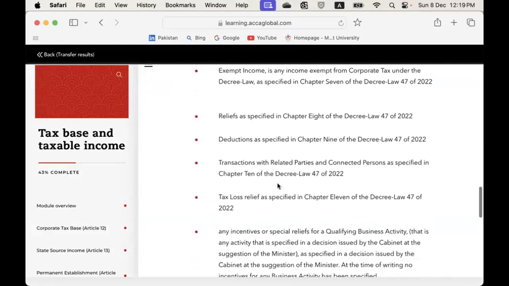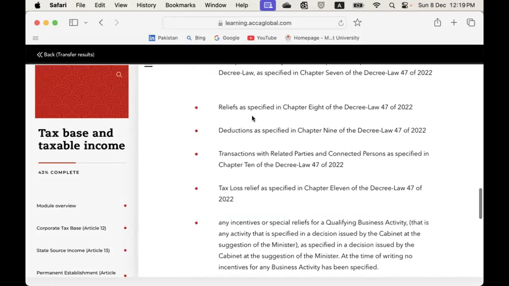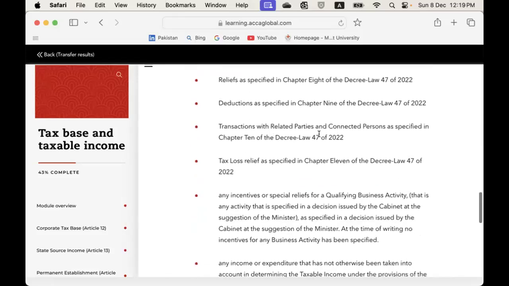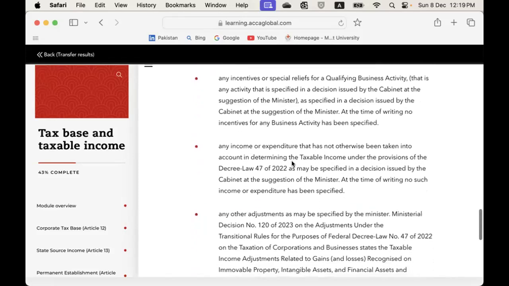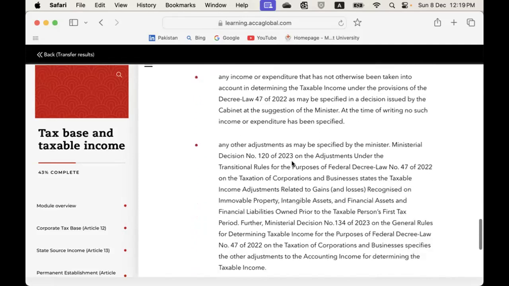So all of these various adjustments will need to be made: deductions, transactions with related parties, tax laws. So once we have done all of these adjustments,